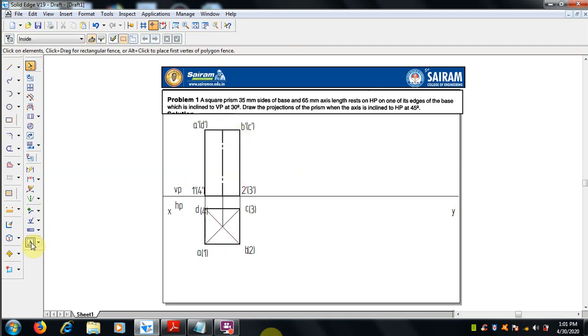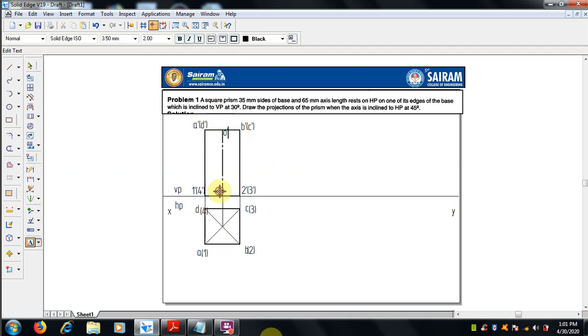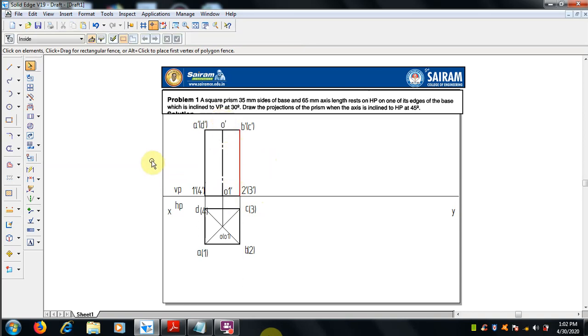Next, the axis also we have to mention, O and O1 dash. Just O dash is at the top and O1 dash I put at the bottom. The end points of the axis, top and bottom end points, we will give. At the same time we can give it in the top view also. At the center of the top view of the prism, we can see O, but we cannot see O1, so it should be in bracket. That is given. So O1 dash and O dash is the axis for the prism.